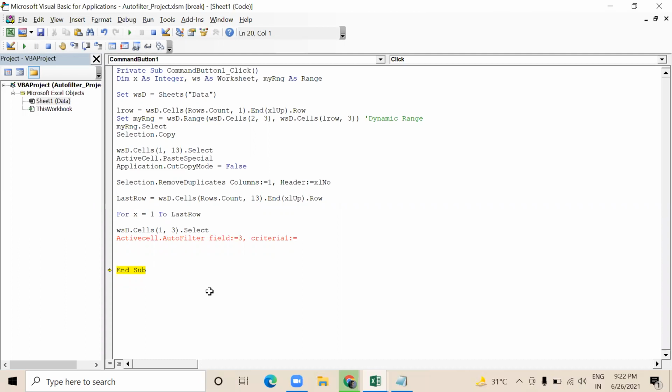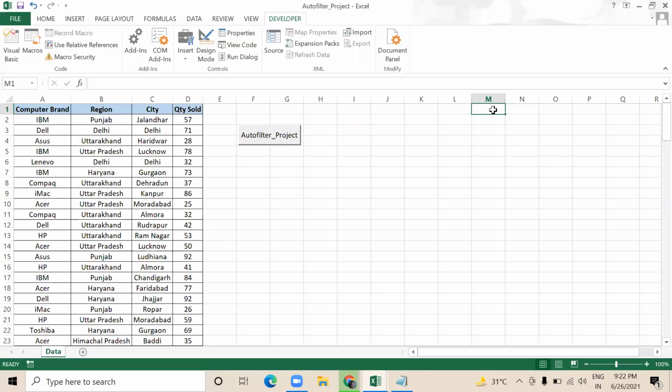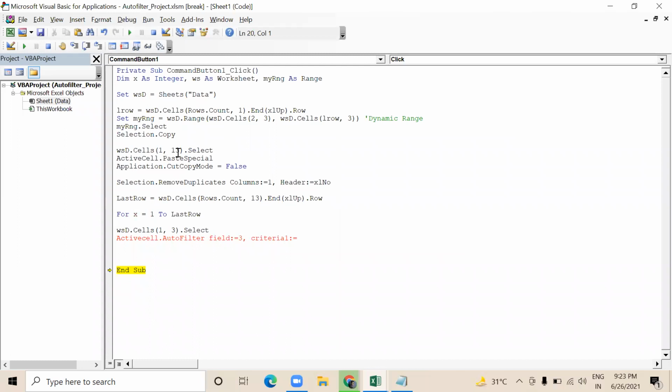Okay, because my data will get pasted on M column 1 comma 13. Okay, so criteria 1 will become, guys, WSD dot cells x comma 13. So this is the criteria.